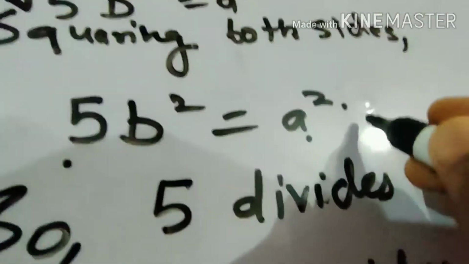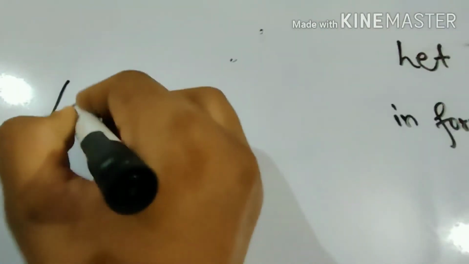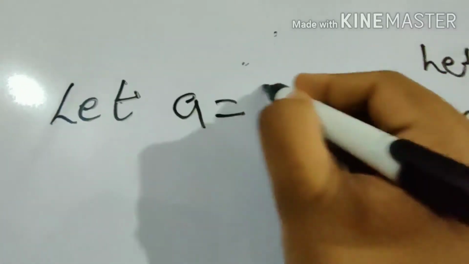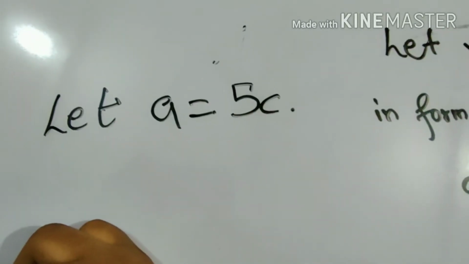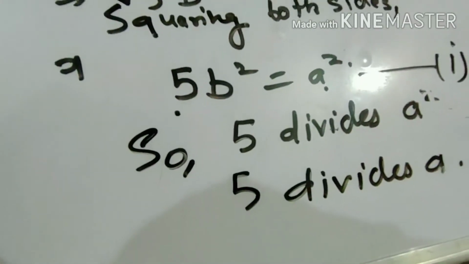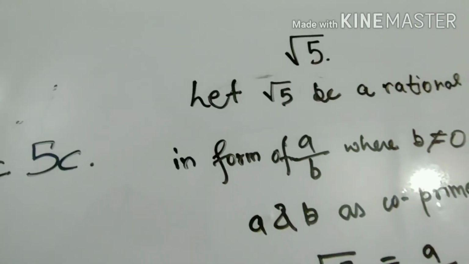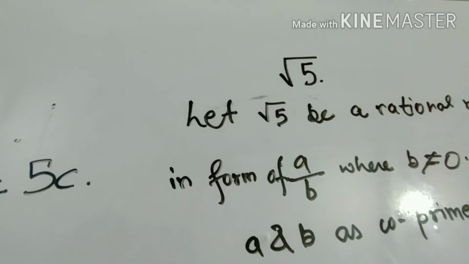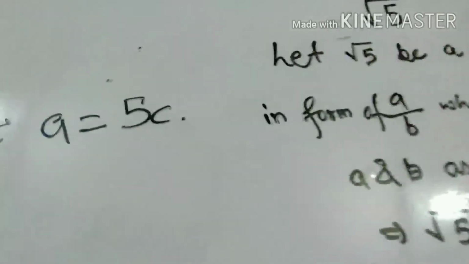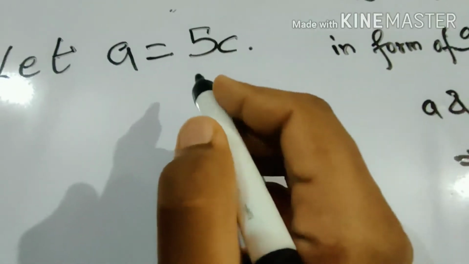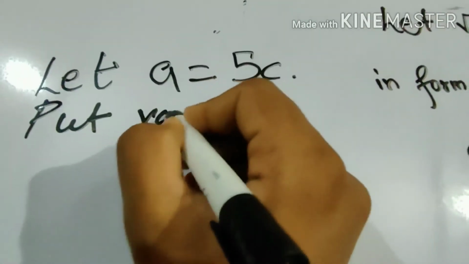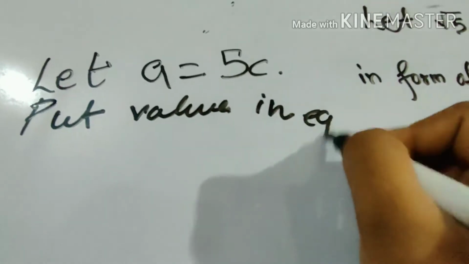Now let's do another thing. Let us call this statement equation 1. Now we consider a equals 5c. We have to take a number which will eliminate the other numbers. Since we have 5b square here and we need to eliminate 5, we need another 5. And if there is root 3 or root 7, you have to take such a number to eliminate one quantity. So when we take a equals 5c and put the value in equation 1,